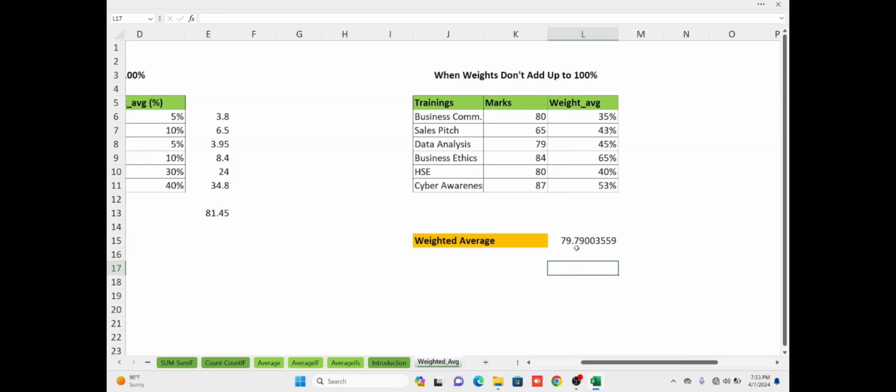student, the total grade for this particular student using the sum product to get the weighted average, is 79.79. So let me round this one up. Let me round up to one decimal place. It is